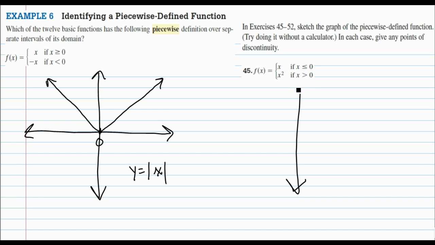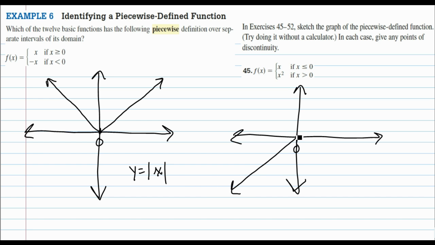Very much like example 6, one piece starts at x equals 0 and the other one leaves off at x equals 0. In other words, the y-axis is the boundary between these two pieces. This first piece, y equals x, is defined where x is less than or equal to 0, so to the left of the y-axis. The line y equals x has a positive slope of 1, and that means we're going to end it